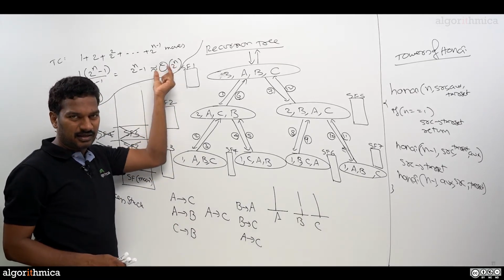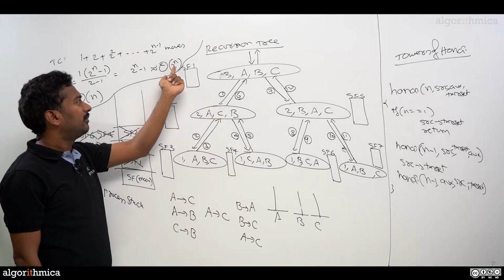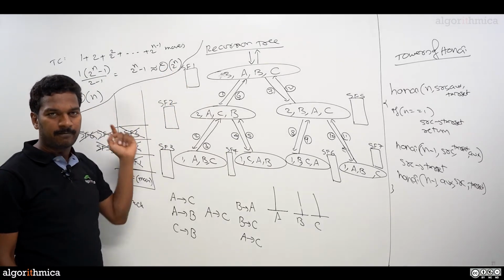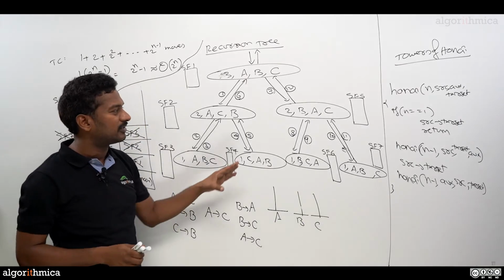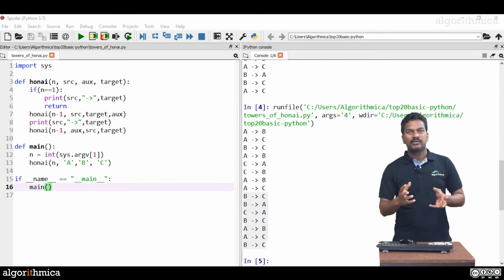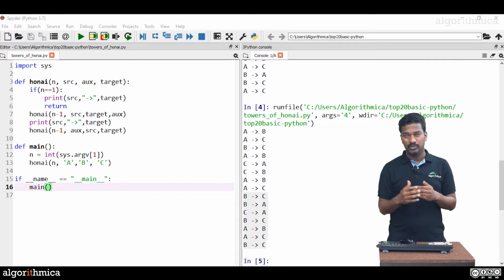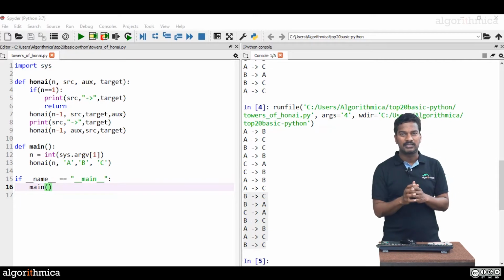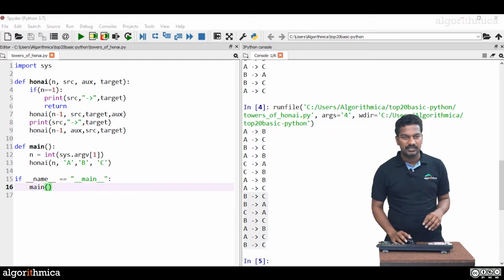So in practice now, let's see the meaning of 2 power n and also n here. Let's move on to the code to understand the practical performance of this algorithm. So we have seen in theory the recursive algorithm to solve the Hanoi problem, how much it is going to take. It's taking 2 power n complexity, space of n. But what do you mean by this 2 power n in practice?